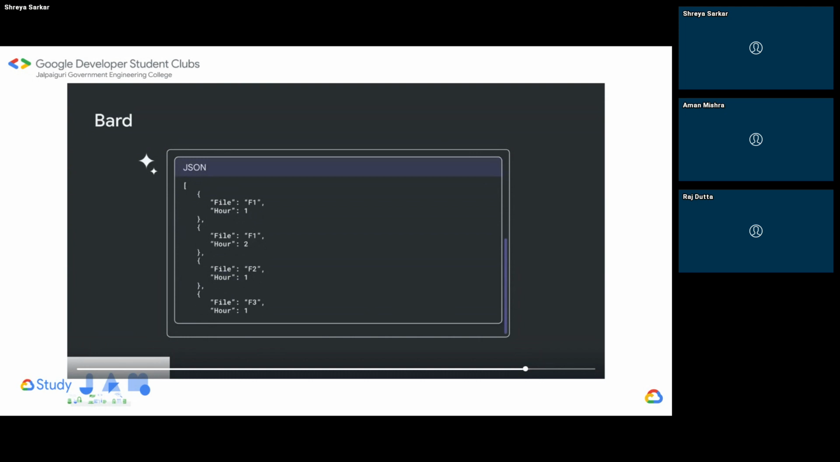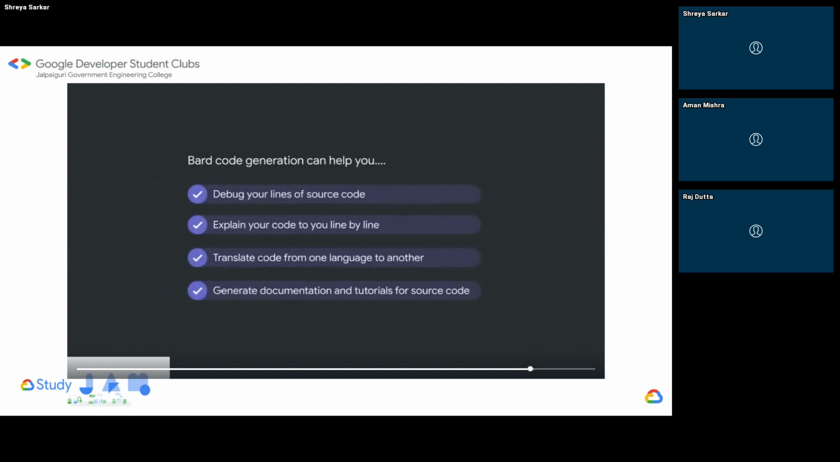It gets better. I happen to be using Google's free browser-based Jupyter Notebook, known as Colab, and I simply export the Python code to Google's Colab. To summarize, Bard code generation can help you debug your lines of source code, explain your code to you line by line, craft SQL queries for your database, translate code from one language to another, and generate documentation and tutorials